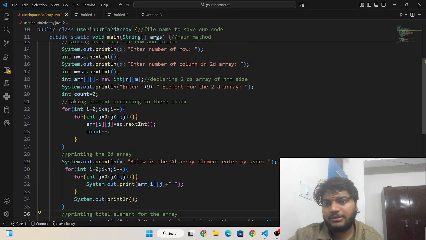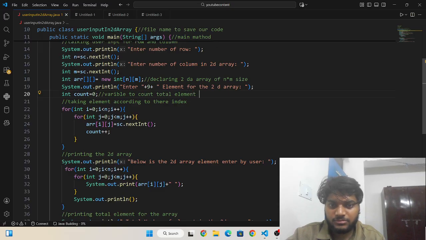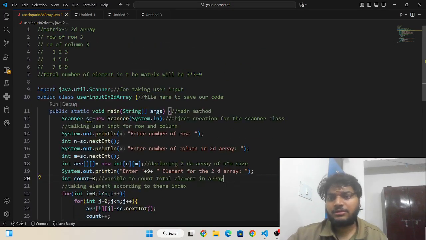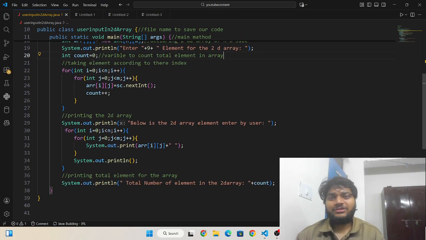And here is the variable to count the total elements in the array. Okay, and then we have done with all three things: problem statement, code writing, and then execution, and then comment writing.